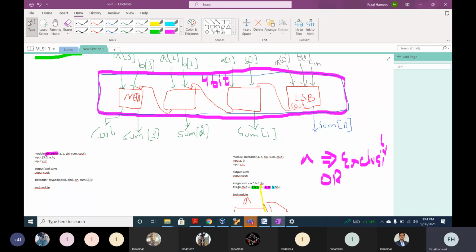So now we can define some internal signal. Can we define some internal signal? I can define some internal signal C1. I can define an internal signal C2, and I can define an internal signal C3. Can you get or not? Yes. So these are the internal signal. Internal signal is used to connect different components. And to define these internal signal, we use a keyword wire. Wire C1, C2.